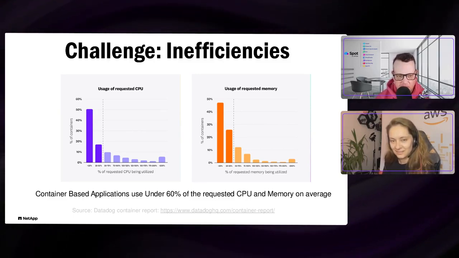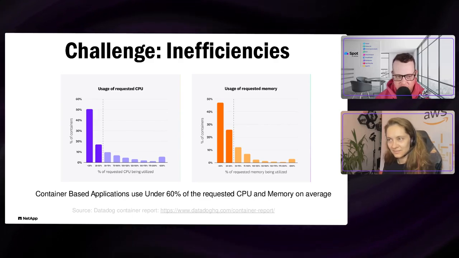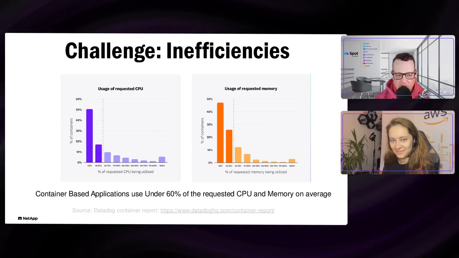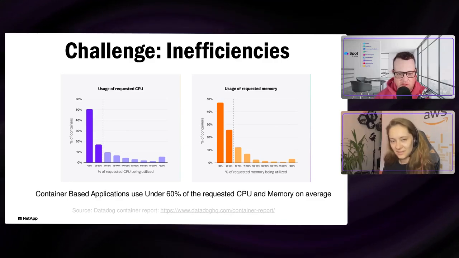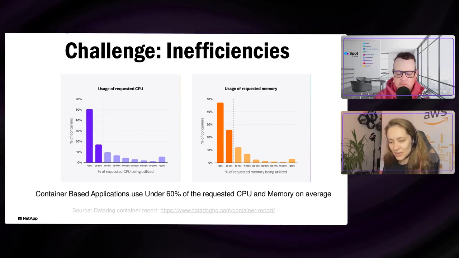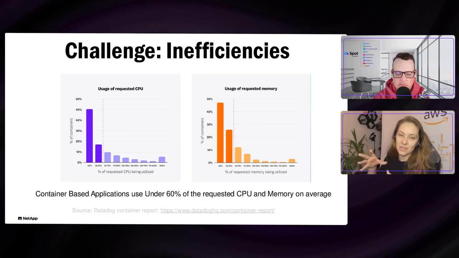Like I know at Spot we have a very defined definition of how we identify waste. How does AWS look at waste, and where do you advise customers to actually start looking for those inefficiencies to start that optimization journey? So the way we define it, we kind of look at it from